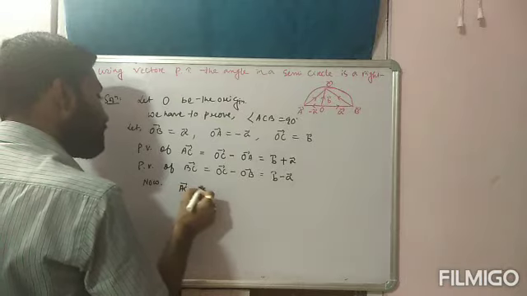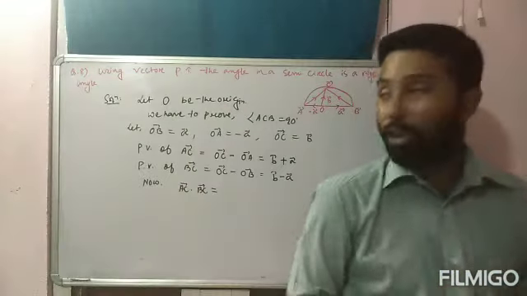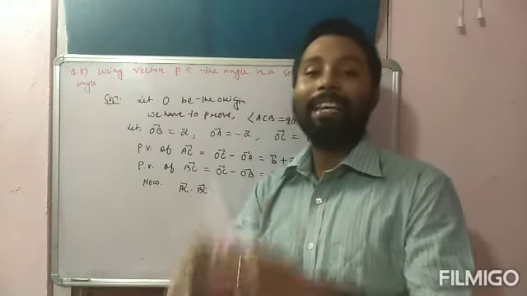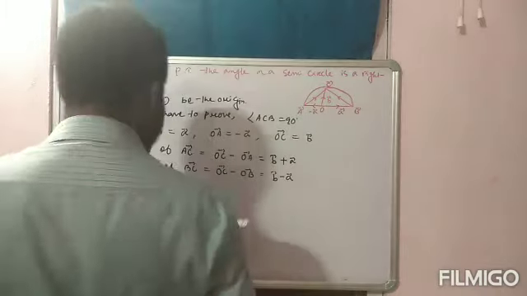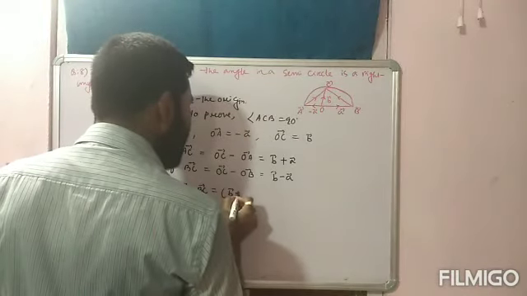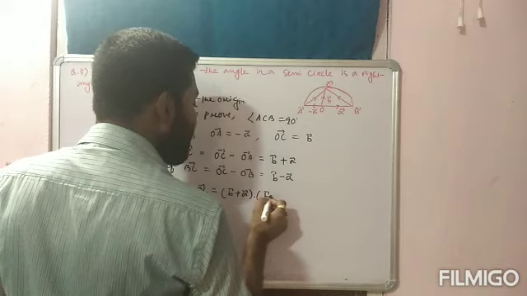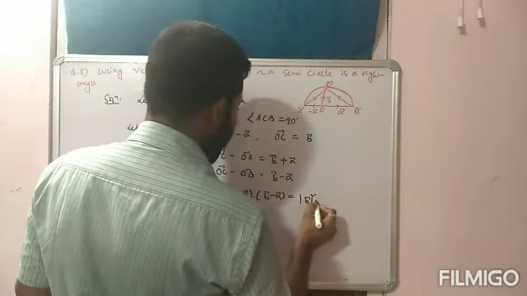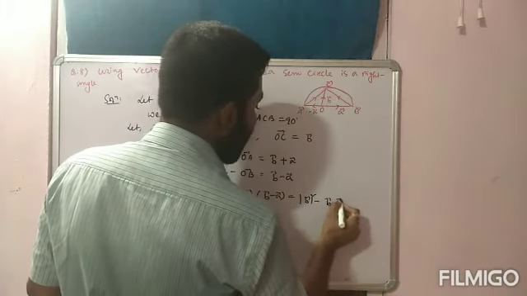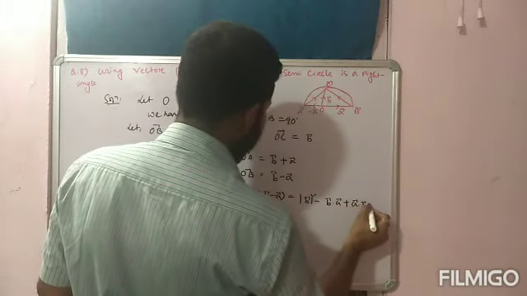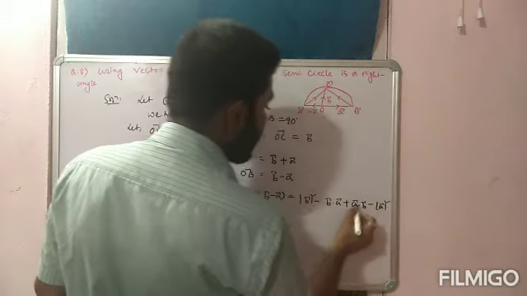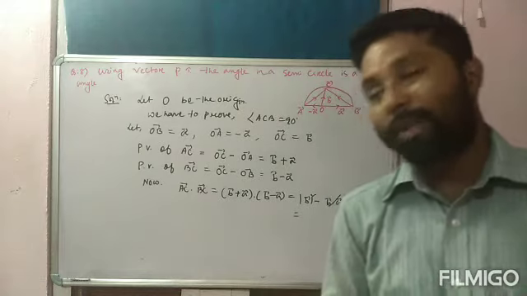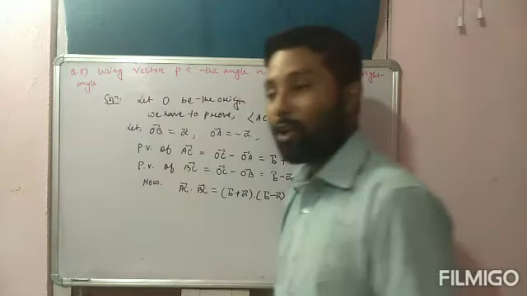Now AC bar dot BC bar, you have to show that the dot product of these two vector is 0. If we can show that the dot product of these two vector is 0, that means angle ACB is equal to 90 degree होगा. ठीक है. So AC bar का जो वैल्यू मिला, that is B bar plus A bar dot B bar minus A bar, which is equal to B bar dot B bar is mod B bar square minus B bar dot A bar plus A bar dot B bar minus mod A bar square. So these two will be cancelled. Why? Because we all know dot product is commutative. So A dot B is equal to B dot A. So we can easily cancel B dot A and A dot B.